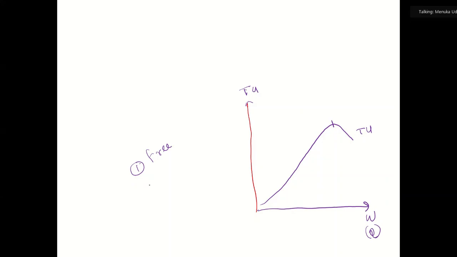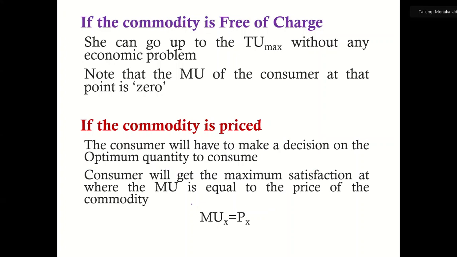Second instance is when the good is priced. We know water is not free, it's priced. Price about the first political amount, where should be consumed. Now, that point is found using this equation, where it says the marginal utility of x equals, at the maximum satisfaction point indicated, marginal utility of the first